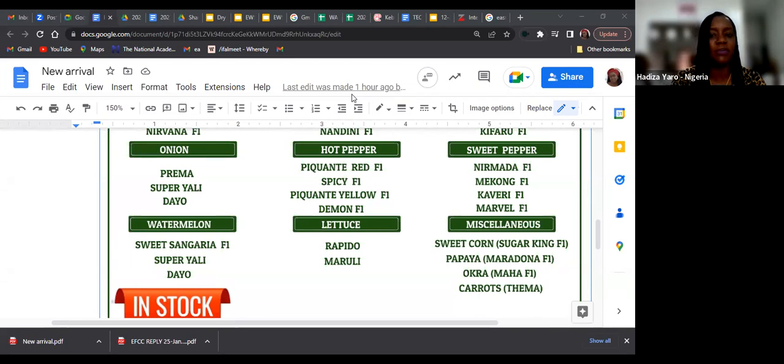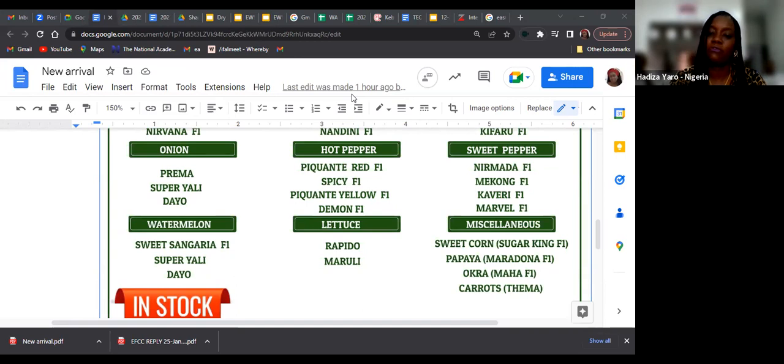So you can try that variety. It could be the dry season, it could be the raining season. It performs excellently. And I guess if you try Sugar King F1, just eat it once. You will never eat the chicken corn. That is the one you see on the road. We call it chicken corn because ideally it's for industrial processing. Because if you go into developed countries, you wouldn't see people eating that. You will see people actually eating sweet corn because of its palatability.